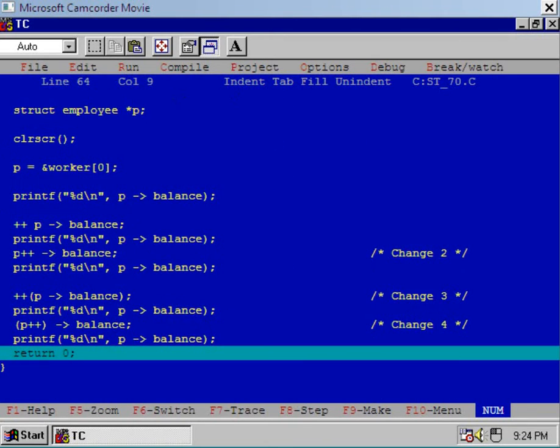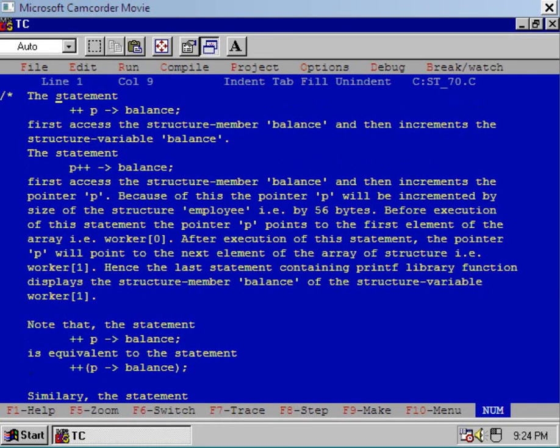Understood the working? Now you see, observe carefully which two statements are equivalent, and the inner working I will highlight again in detail. The statement plus plus p arrow balance first accesses the structure member balance and then increments the structure member balance. The statement p++ arrow balance first accesses the structure member balance and then increments the pointer p.